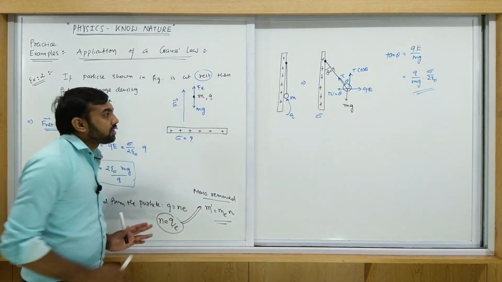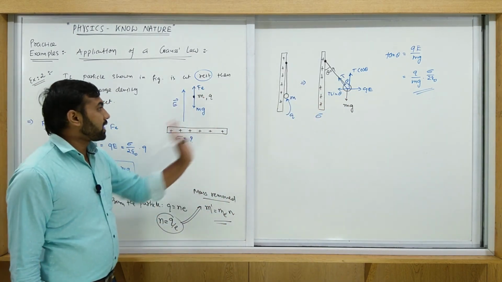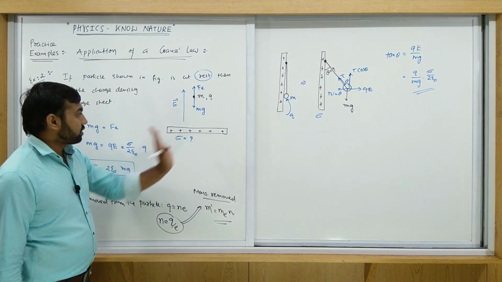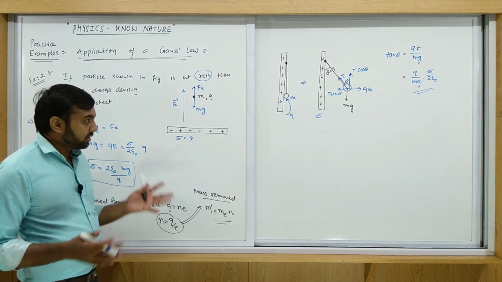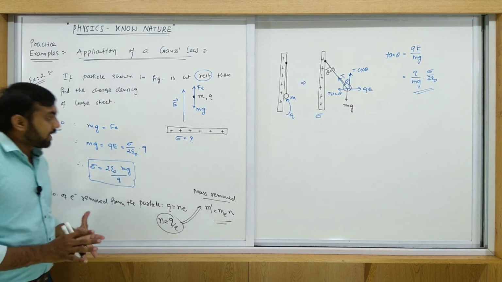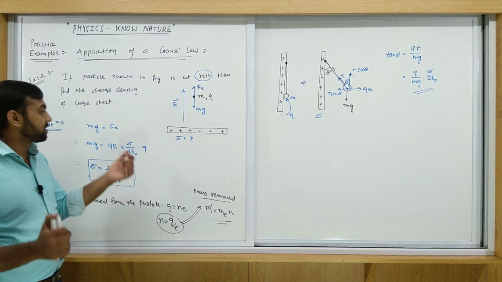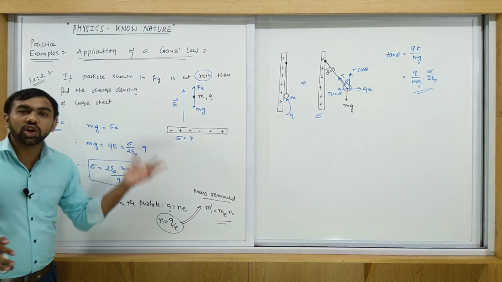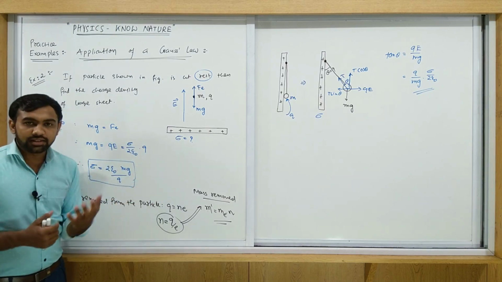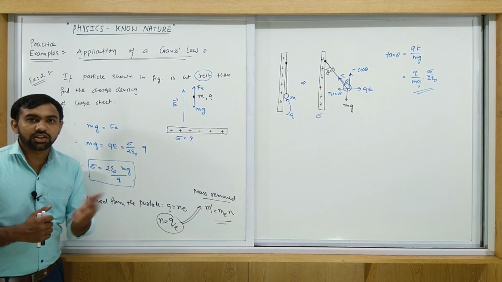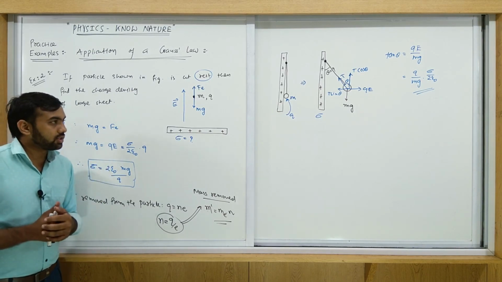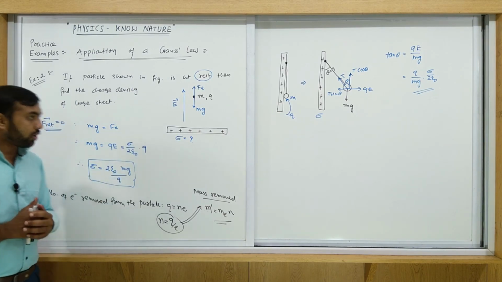So these are the different problems based on the case of a plate. As we discussed in the theory session, the electric field produced by an infinite, meaning large, sheet is sigma upon 2 epsilon if it is non-conducting. We will discuss conducting sheets later on. Before we go to the next one, all of you note this.